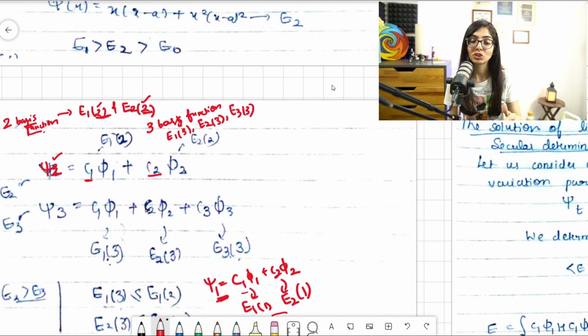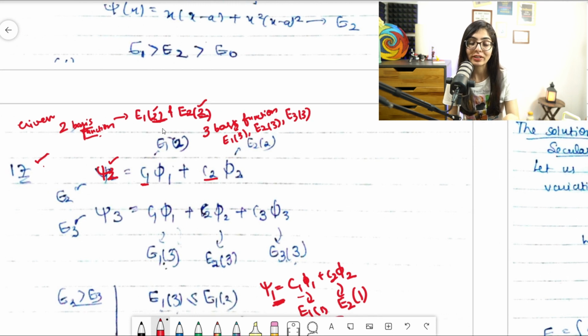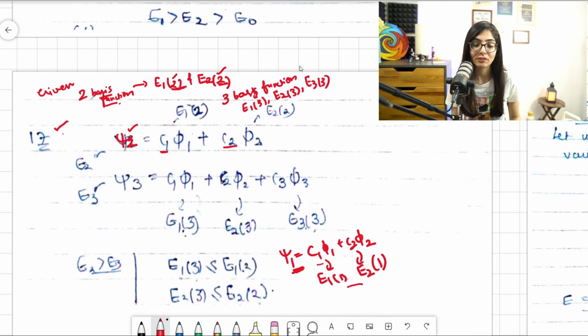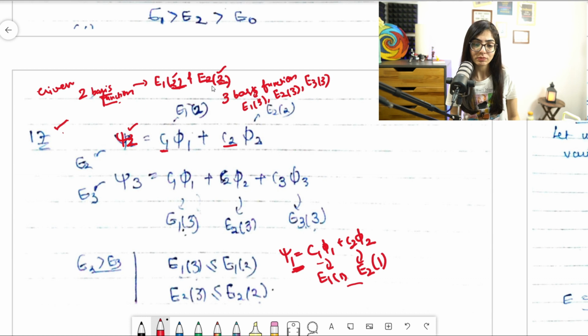So with 2 basis functions we'll take 2 because it is already written. Energies are given in that form only. So that means this is psi 2 only. Fine. So this is psi 2. So we will take it like this, psi 2 and C1 phi 1 plus C2 phi 2, and with 3 basis functions, I will take psi 3, because in bracket 3 is there. Fine. So I will write psi 3, and then C1 phi 1. So 3 terms are there, so that means 3 constituents will be there: C1 phi 1 plus C2 phi 2 plus C3 phi 3.